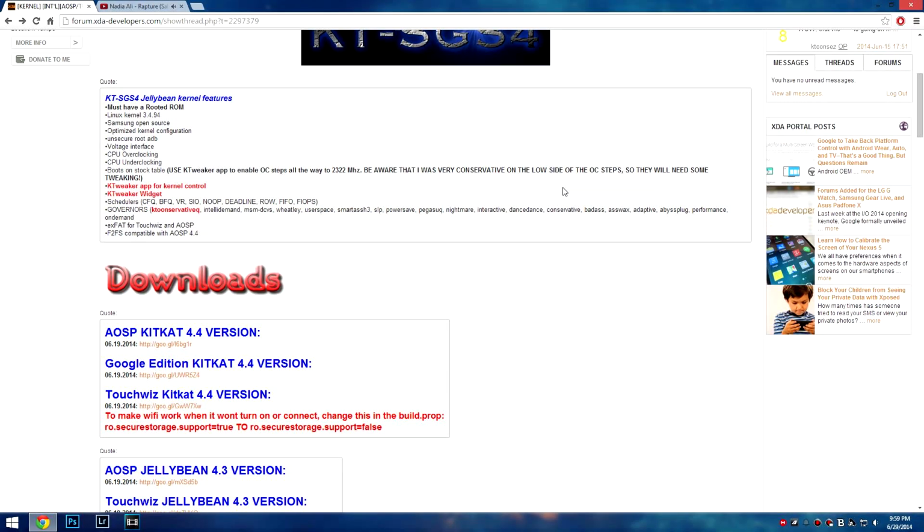And as you may see here, down below the downloads section, there are three versions available for this kernel. First of all is the AOSP, Android Open Source Project. This is for the users that are running CyanogenMod or SlimKat or SlimBean or ROMs like this based on open source. The second